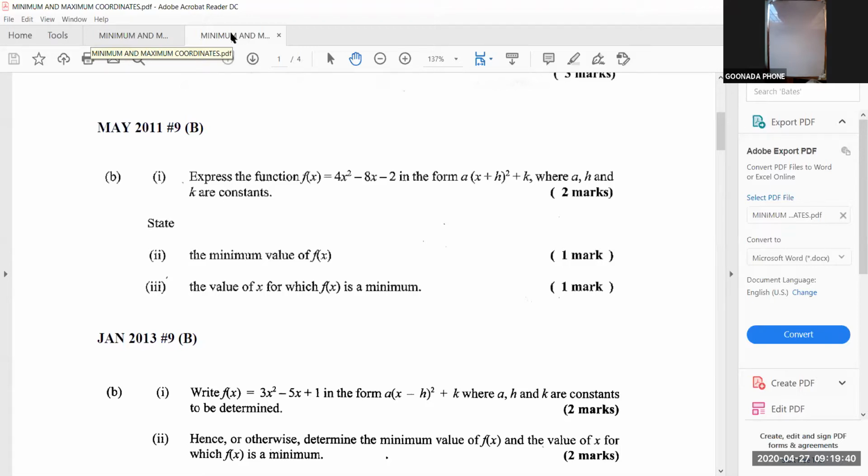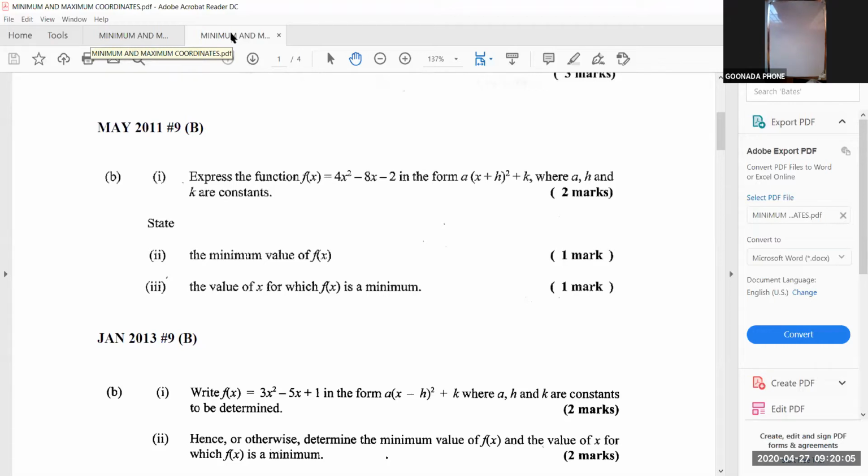Then we are also asked to state the value of f of x. Remember, f of x is y, and y, I told you all, is equal to k, right? So in this case, you are asked to find the value of y, and in this case, y is equal to k. I'm just going through the information with you all, so you will know what you need to do. Then we are also asked to find the,